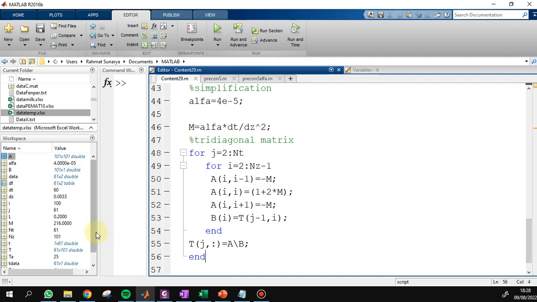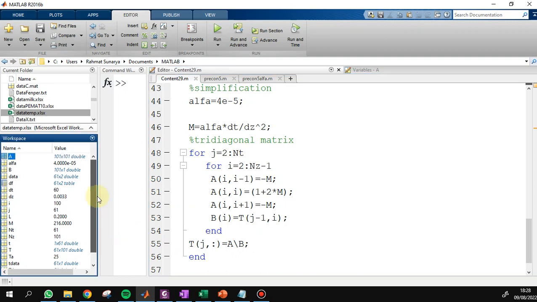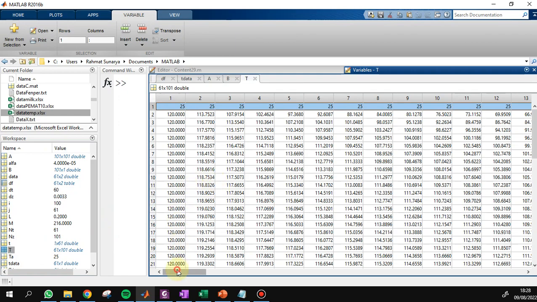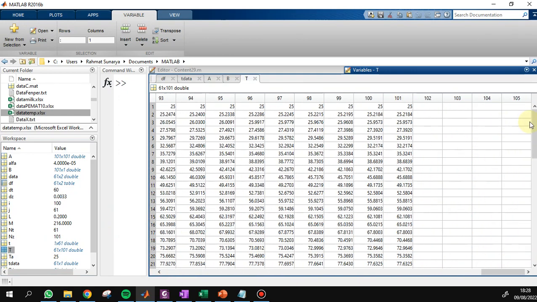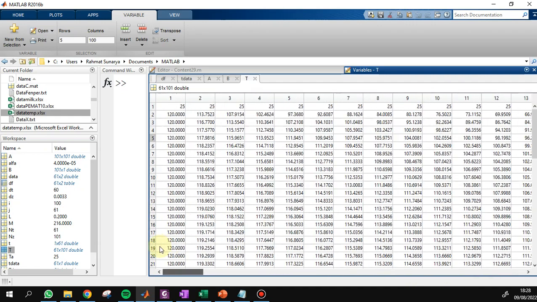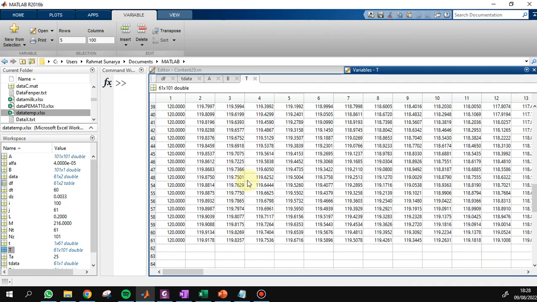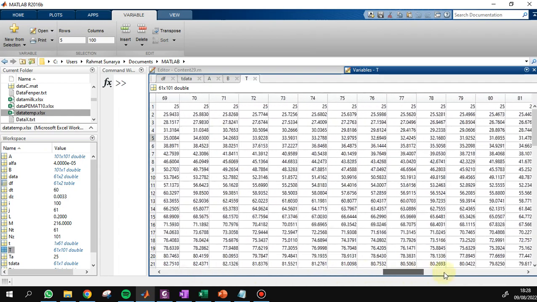Now we see the matrix T, which means temperature. Perfect.